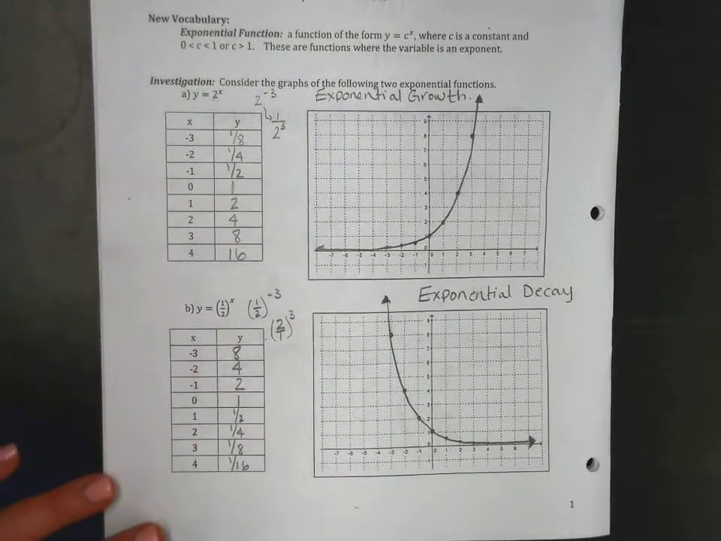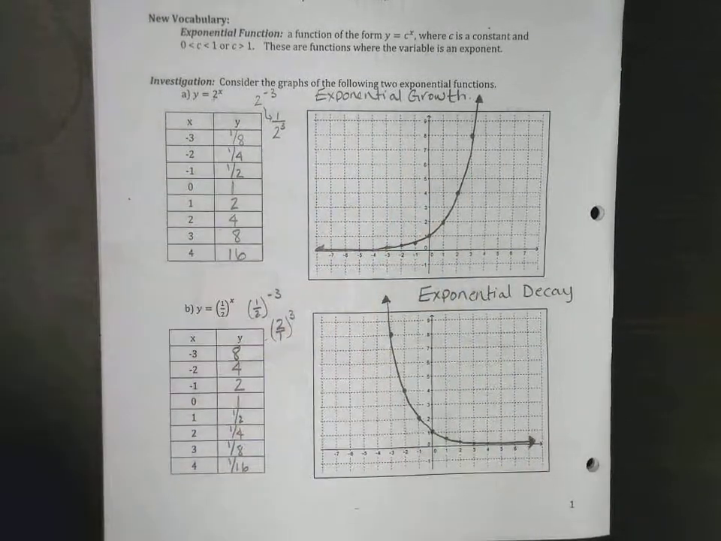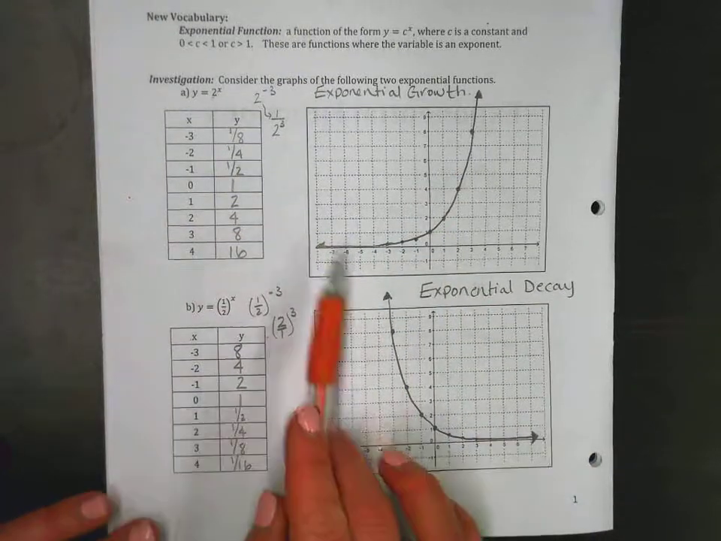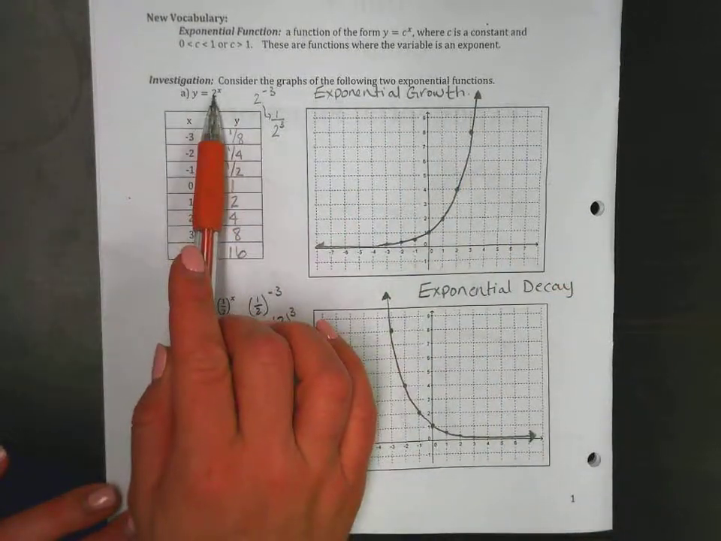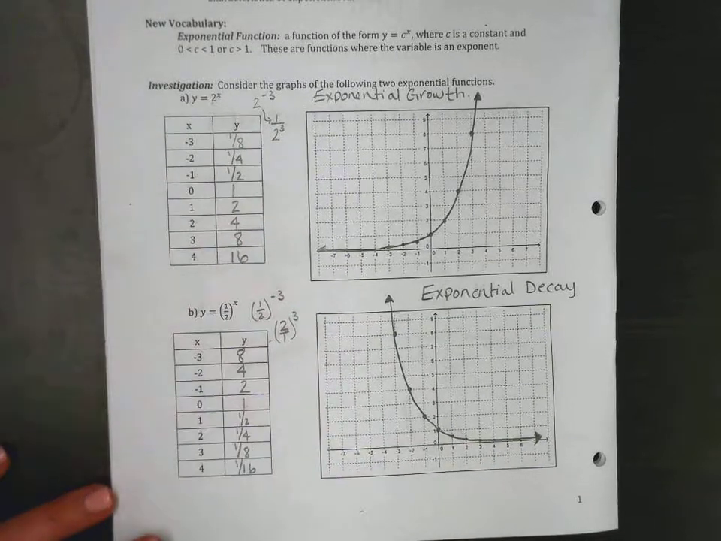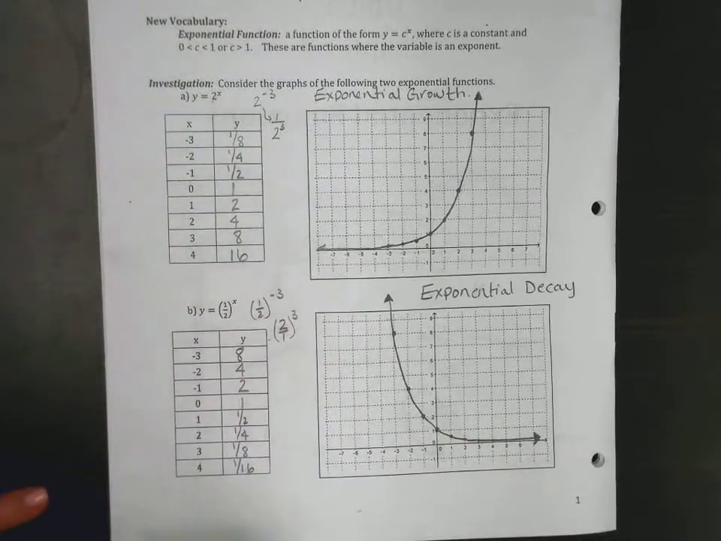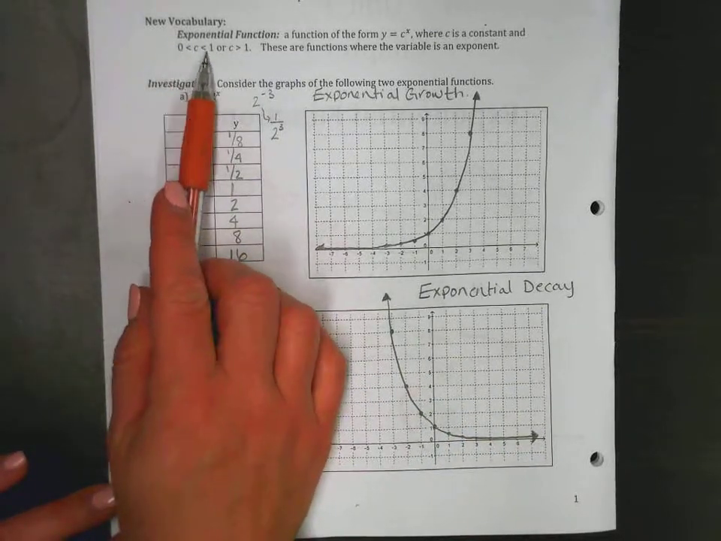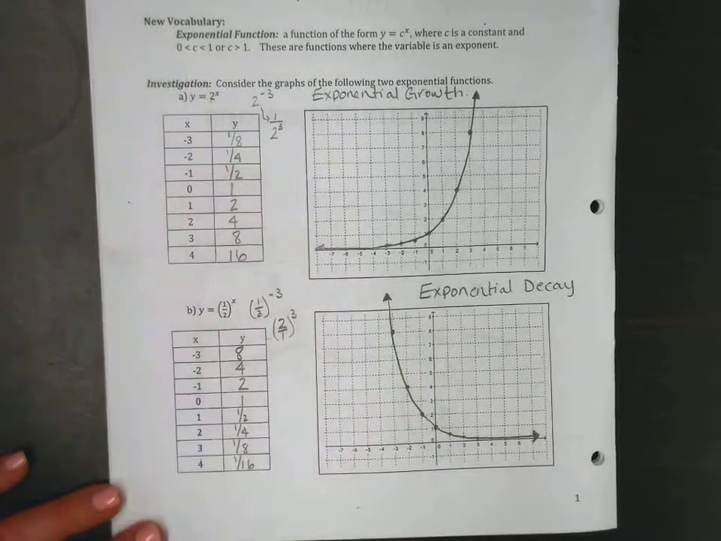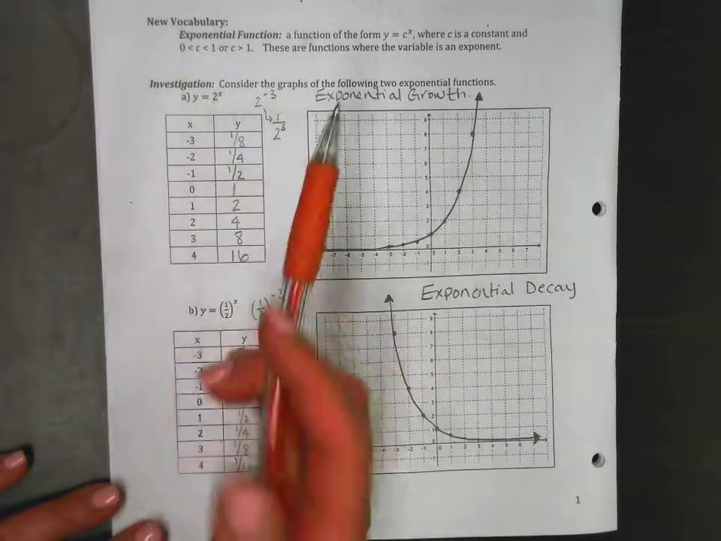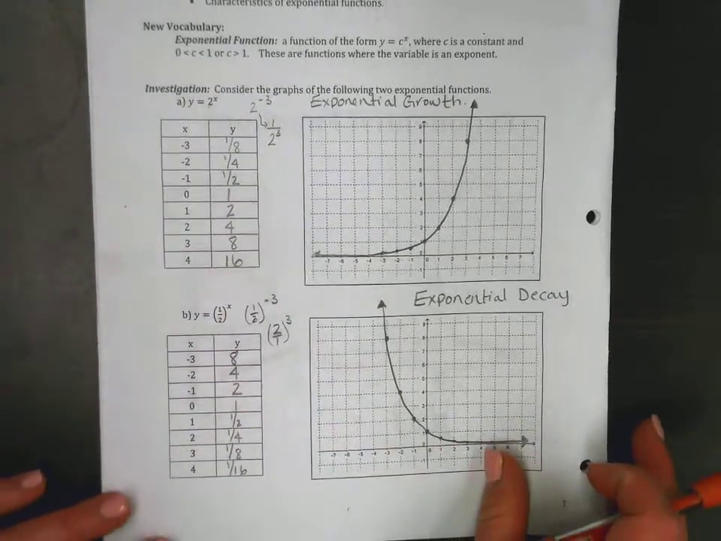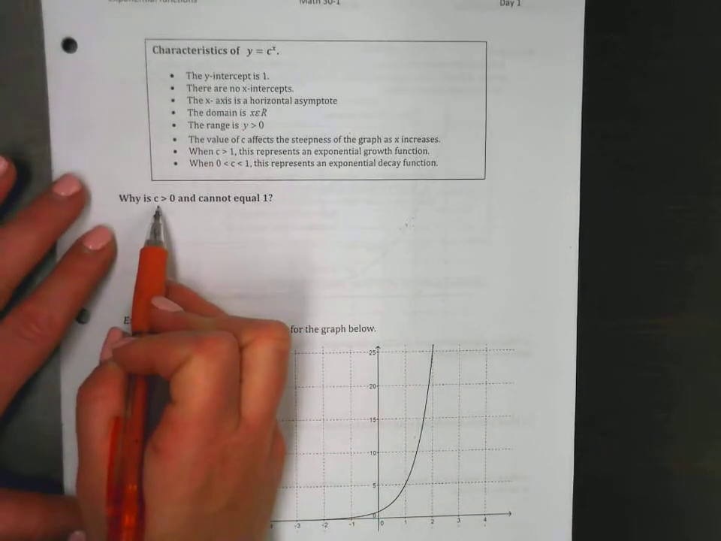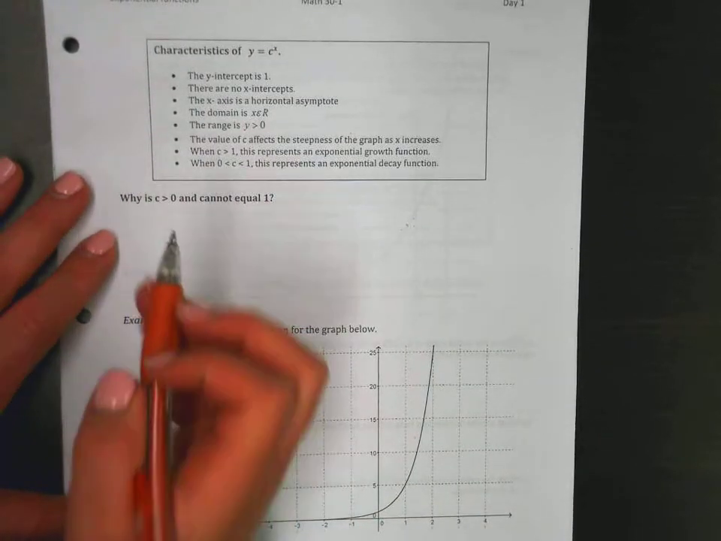And so that's all the characteristics that we are going to talk about. The key is to have a good idea of what these base graphs look like. Exponential growth, c value is greater than 1. Exponential decay, c value is between 0 and 1. What you should notice is our c value is never less than 0 or never equates to 1. And so we're just going to talk about why that is. So if our c value was less than 0,